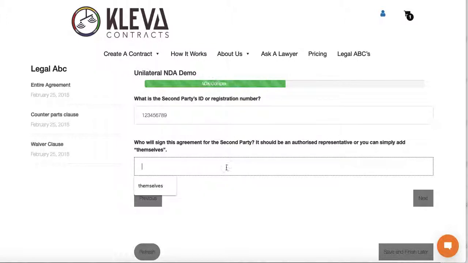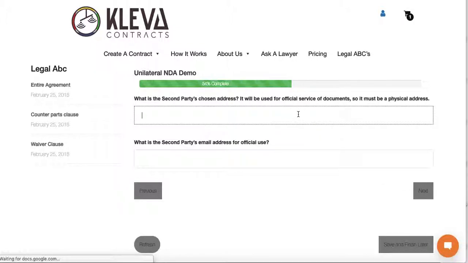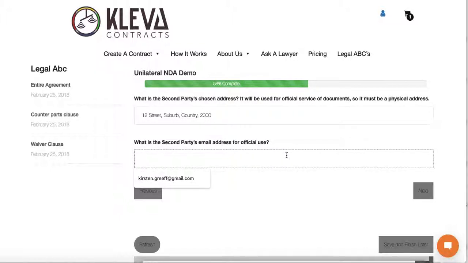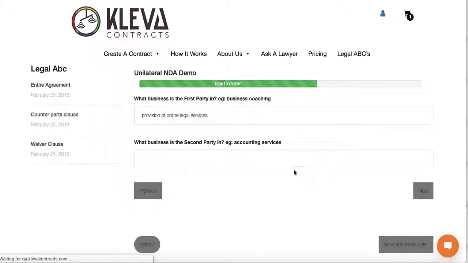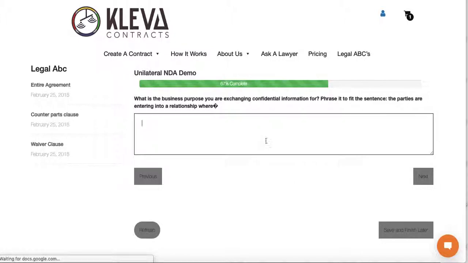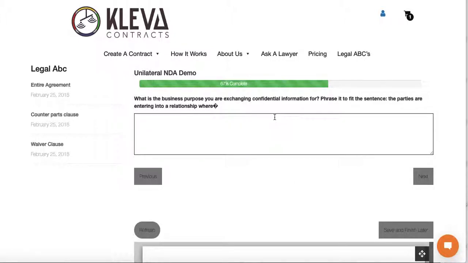Next party's ID number. Their chosen address. Their line of business, the business purpose for which we are exchanging information, the parties are entering into a relationship where,